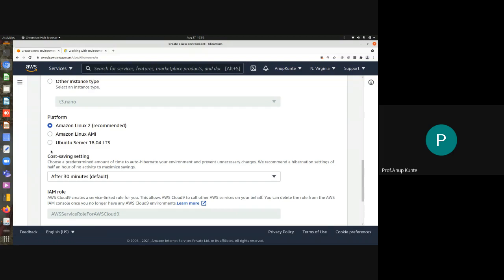Okay, then there is an Amazon Linux AMI, which I guess has a lot of extra stuff which otherwise is not needed by a normal programmer. And last thing is Ubuntu Server 18.04 LTS. So this is the Ubuntu server configuration.